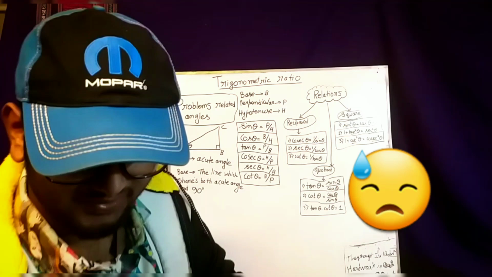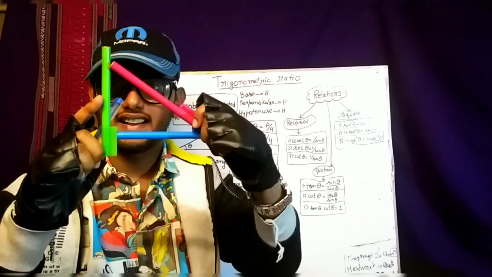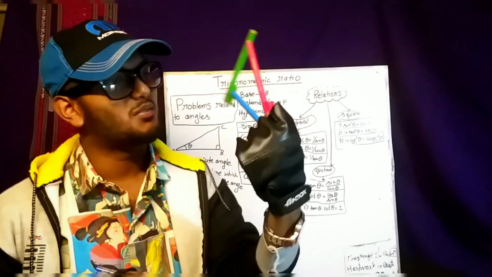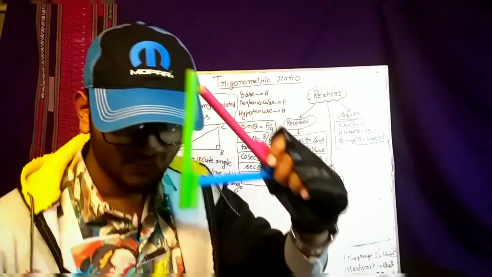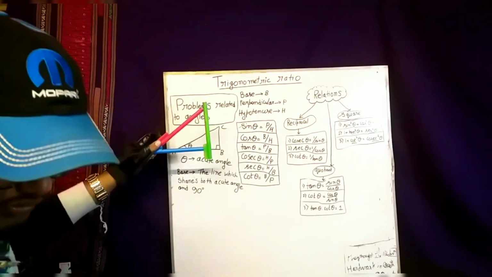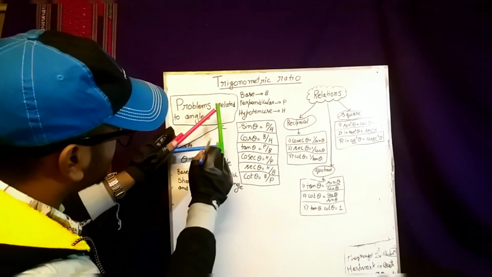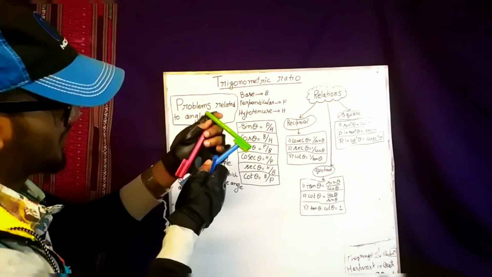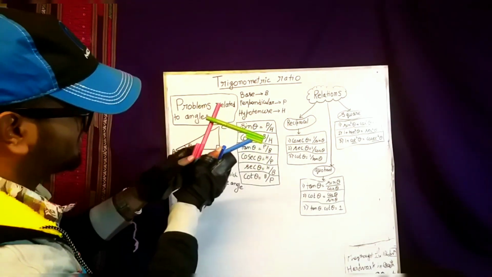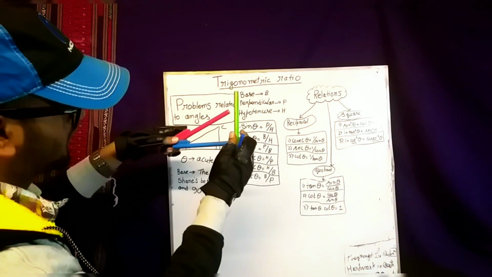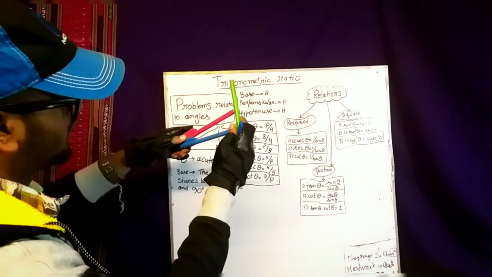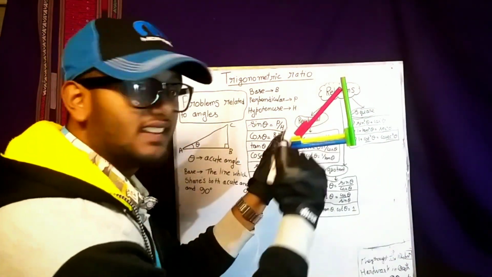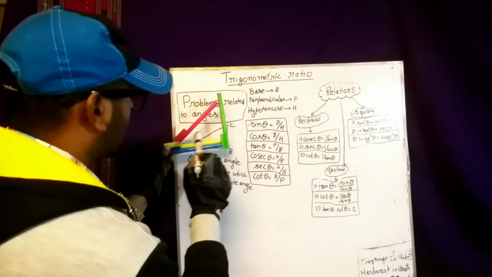So for understanding this concept, we need a right angle triangle, okay? This one is the acute angle and this one is a 90 degree. So draw this one. The blue color line. So here, this is a right angle triangle, where this one is the acute angle and this one is a 90